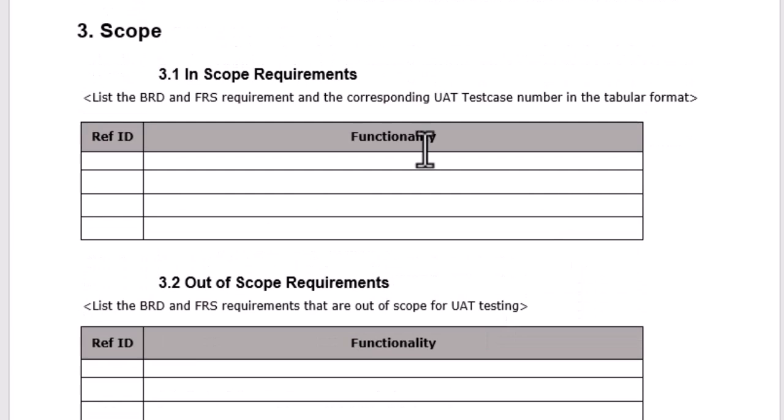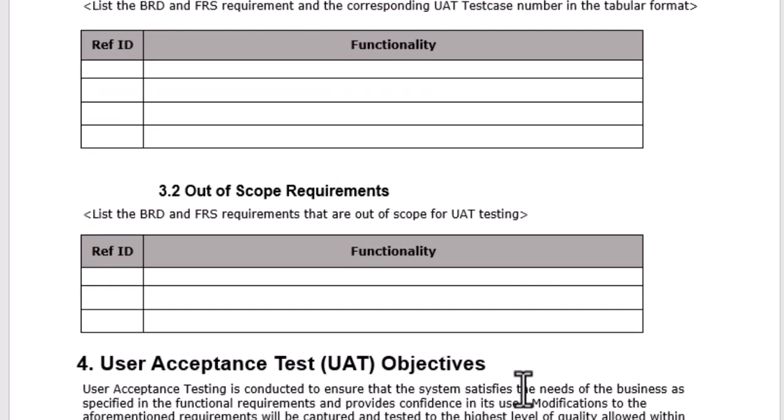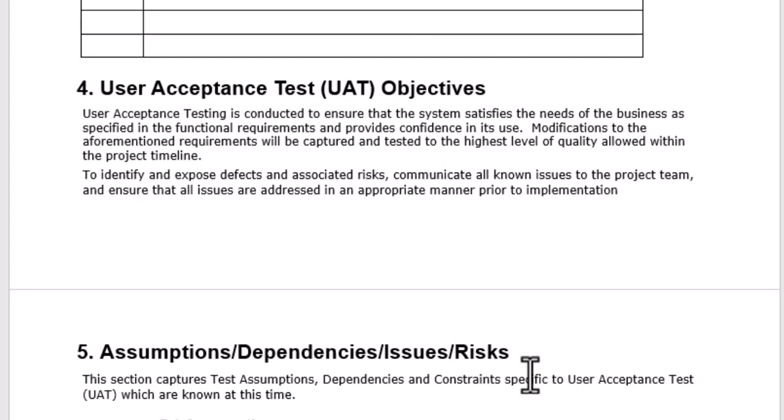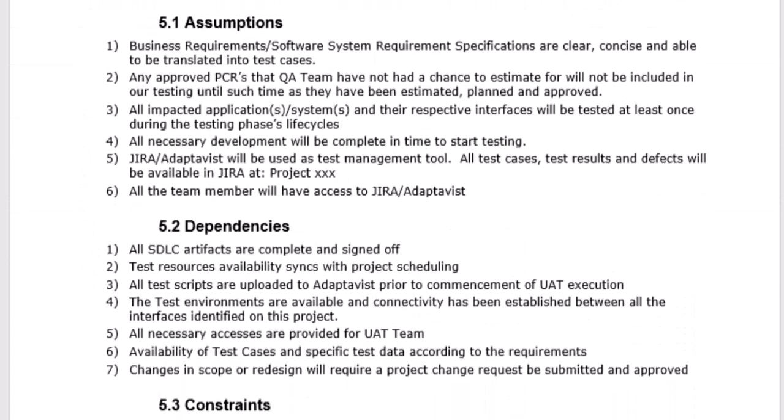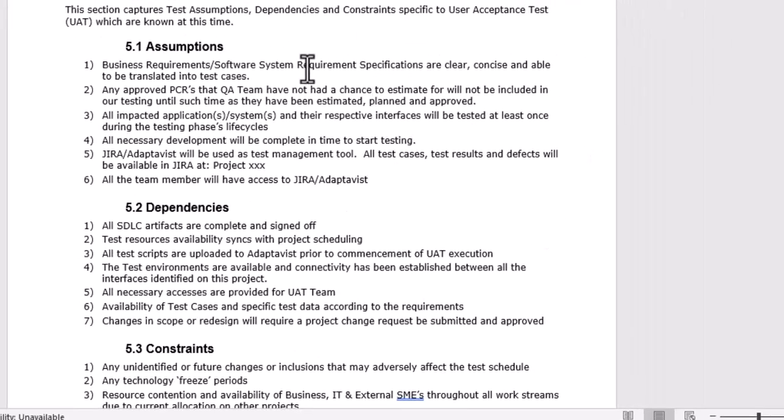And this one, you can always take it from the BRD and add it here. Next one, which is most important, is what are the assumptions, dependencies, and constraints. Assumptions means we are making sure that for this project to test, the following